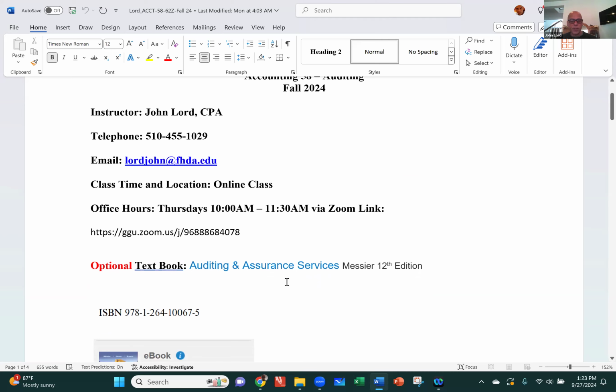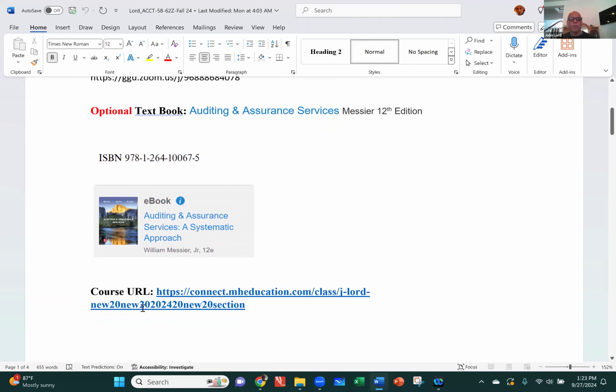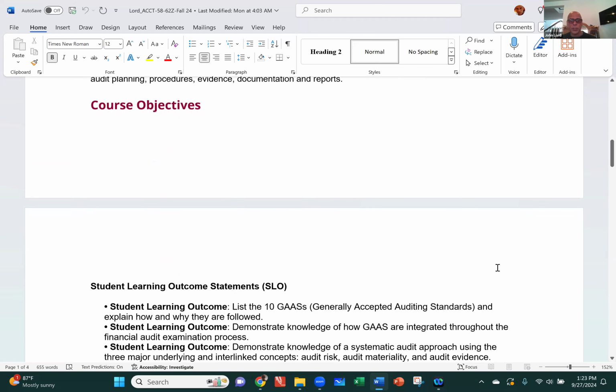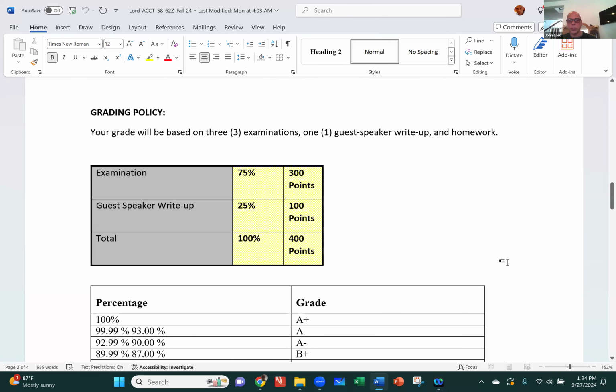You can see the textbook. It is optional. You don't have to get it. You follow this link. Okay, you must follow this link. Don't go directly to McGraw-Hill to get the information, because if you do, you won't see the homework questions that I put up there. Now, when I mention homework questions, I don't give credit for homework. Since the textbook is optional, I don't give credit for homework.